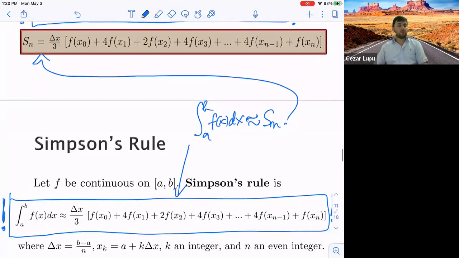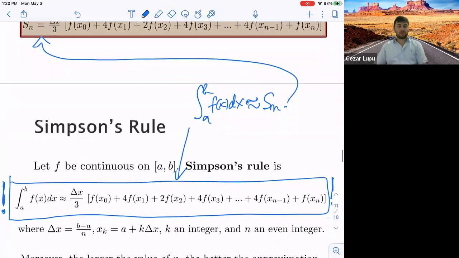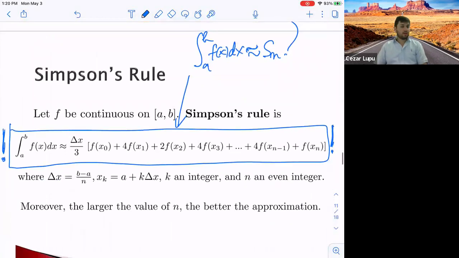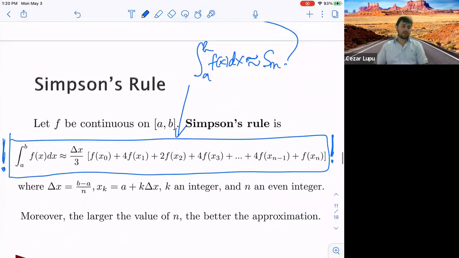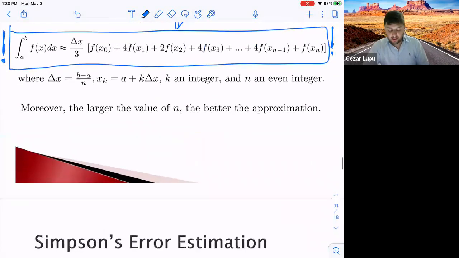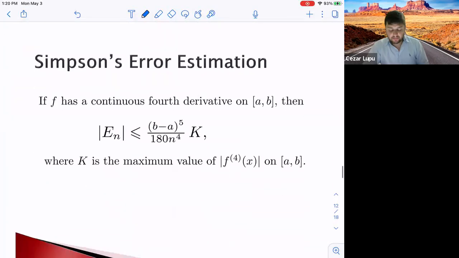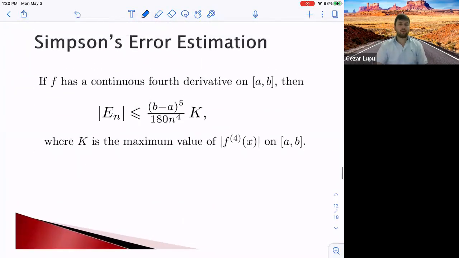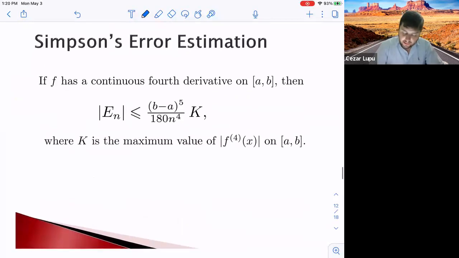The error term is given by the difference between these two. As n gets larger, and we have n large enough, the approximation gets better, obviously. And let me just talk about the error. So this time the error E n, in absolute value,